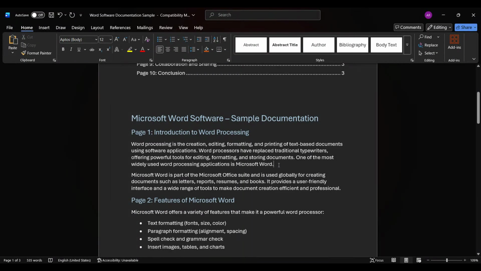If you want to make your document look cleaner, more organized, and easier to read, learning how to add paragraph shading in Microsoft Word is a really useful skill. In this quick guide, I'll show you exactly how to highlight a paragraph with color using Word's built-in shading tool. It's a simple formatting trick, but it can make headings stand out, separate sections more clearly, and give your document